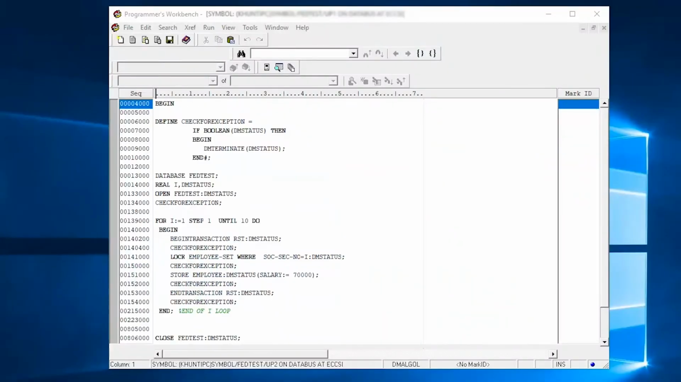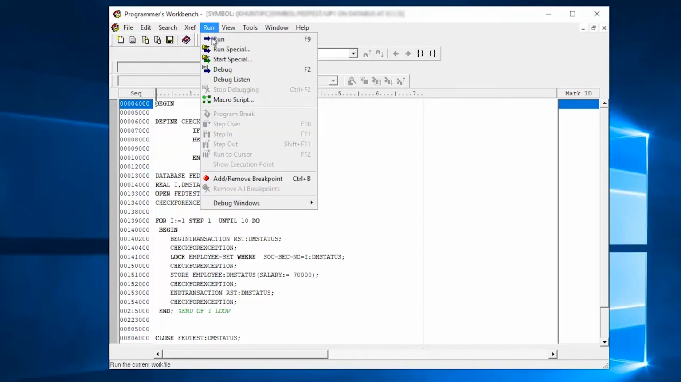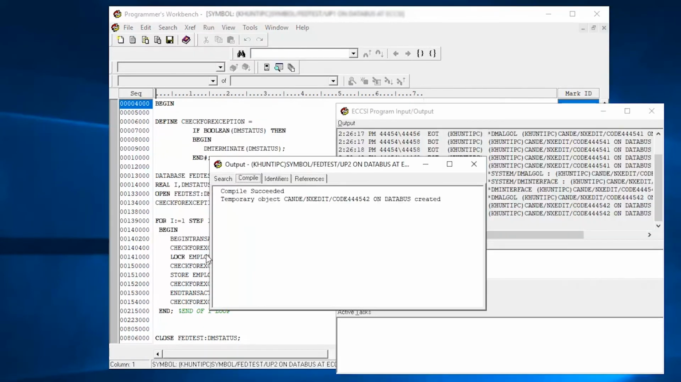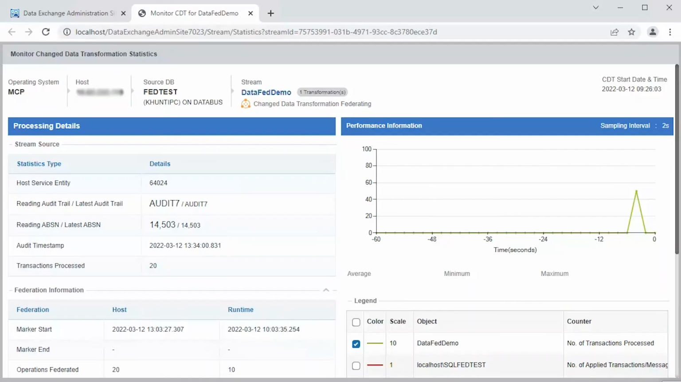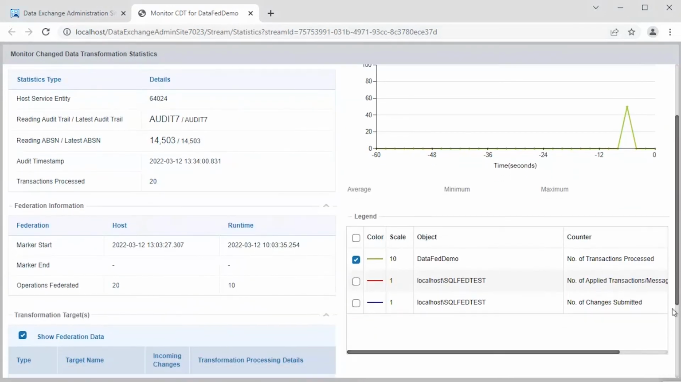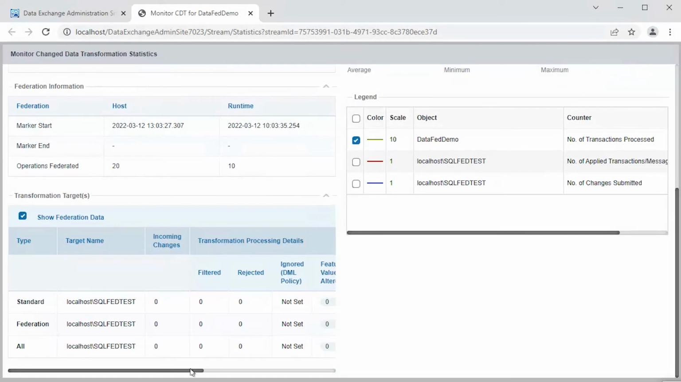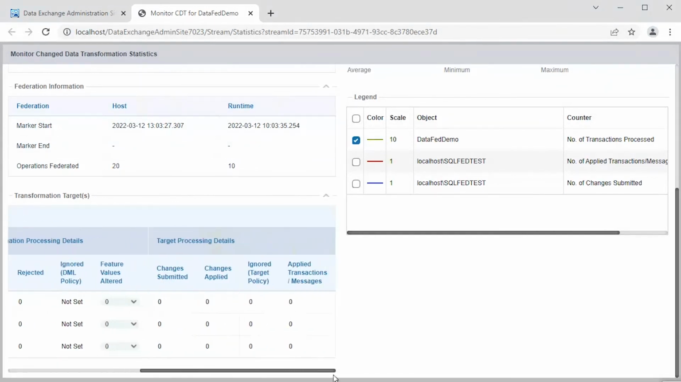Now let's run another batch program. This batch program is to change the salary of the same 10 employees to 70,000. Let's run the program. You can see that the program is compiled and run successfully. Let's go back to the statistics page. Now you can see that a total of 20 records are processed. You still cannot see any federated data. Now let's end the data federation